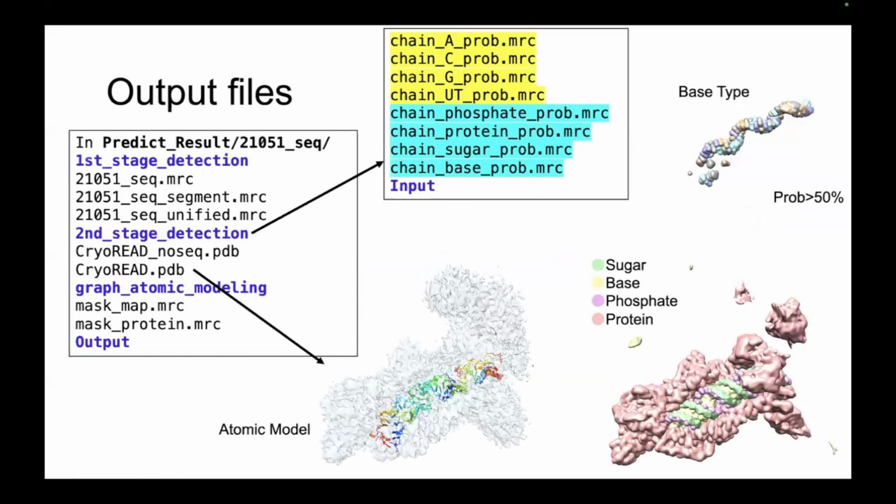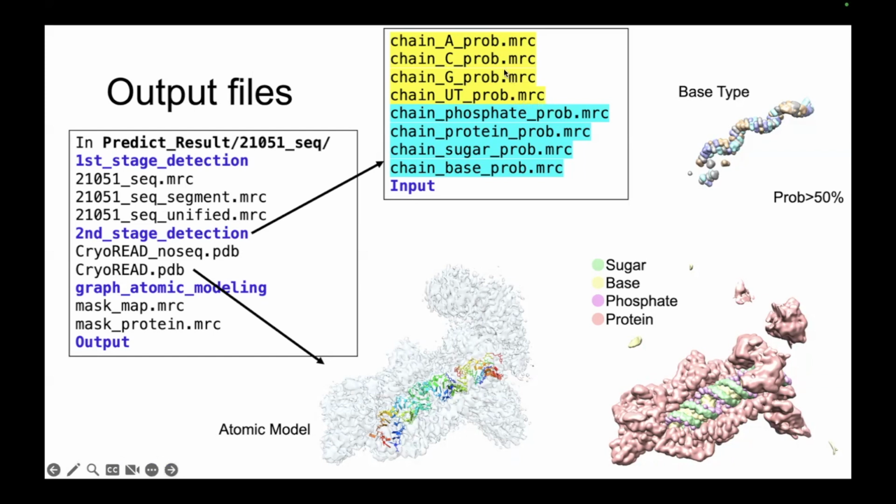Okay, so these are the actual output files. In the predict result directory, you will find these subdirectories based on the input density map. Then there are several folders. But maybe it is good to see the second stage detections. Because CryoRead has a two-stage detection part, the second stage shows better performance to detect the base type and phosphate, sugar, base positions.